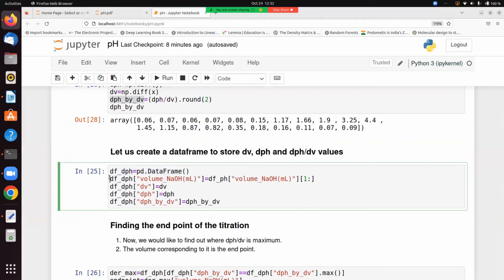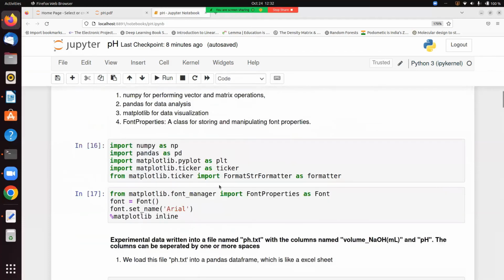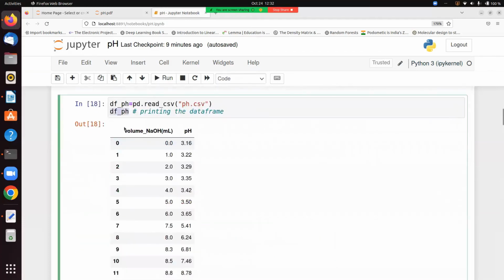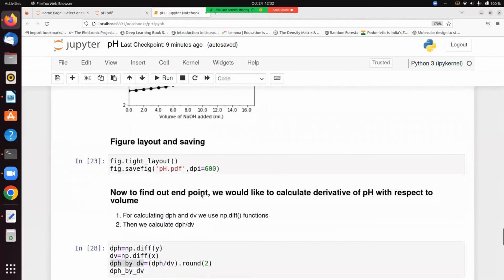Now I create a new column in this data frame and name it volume_sodium_hydroxide_ml. The values I take from my old data frame, df_pH, the first column volume_NaOH_ml. So this column, or this series, I take from my old data frame and put into my new data frame